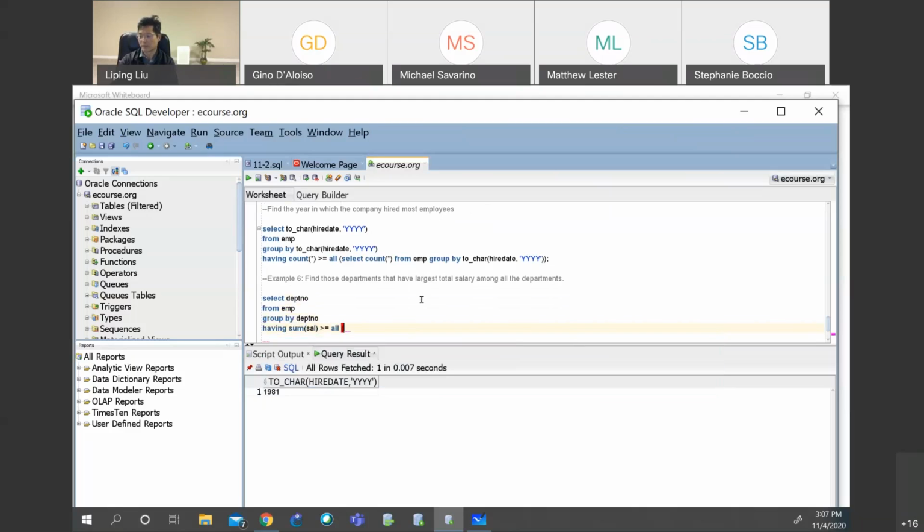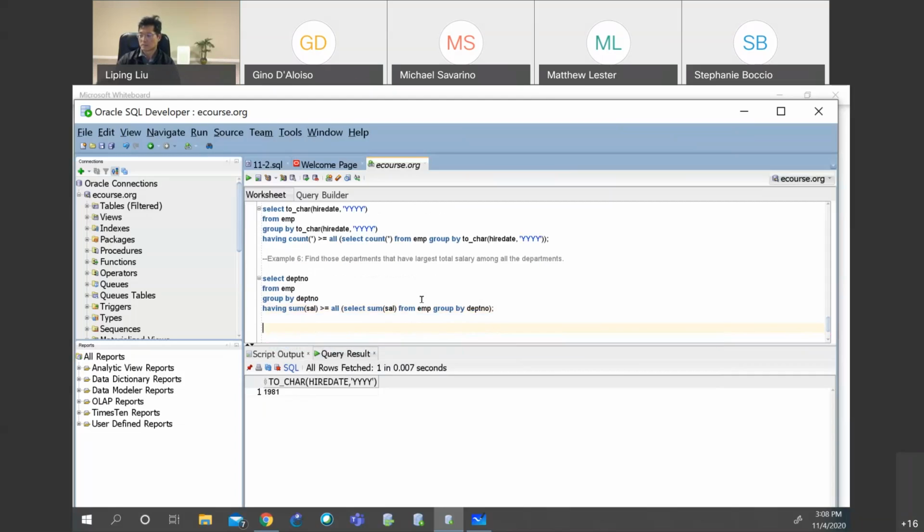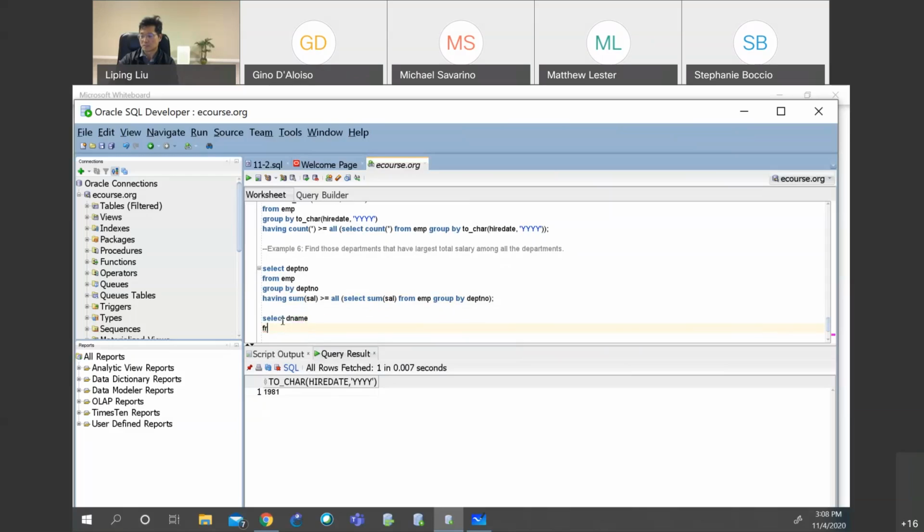So here we're trying to find the total salary for each department, and group by the department number. So if the sum of salary is greater than or equal to the list of all these, then that is the department we are looking for. If you want to use department name, you can do so too, but just use a join. Select dname from